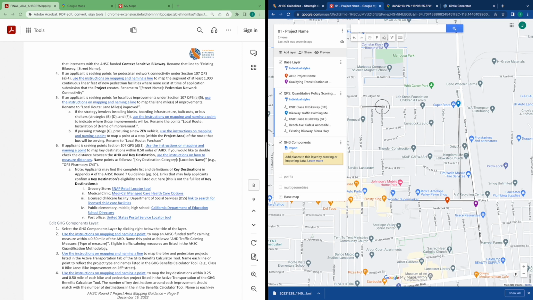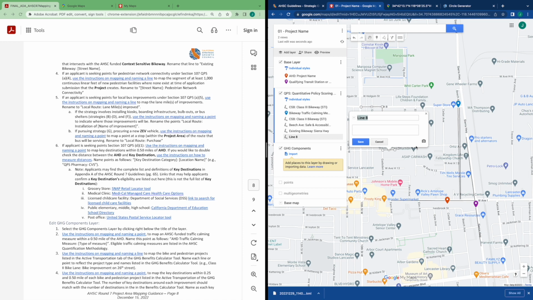So I'm going to click once again, drag down. Let's say it now goes towards Elm. I click once, drag, click once, drag, click once, dragging along. And then let's say the improvement ends here, I'm going to double click. That will bring up this pop-up, and I will rename